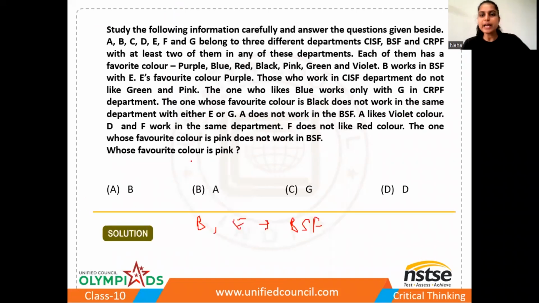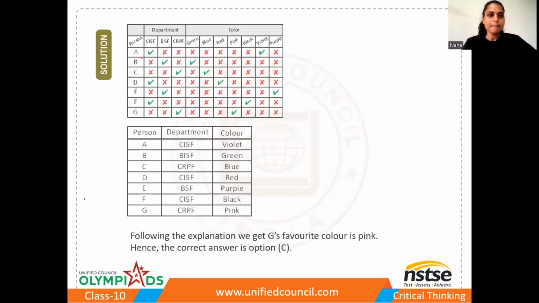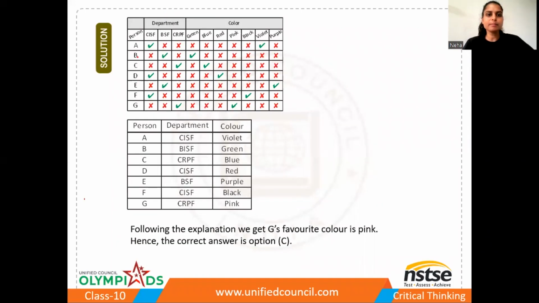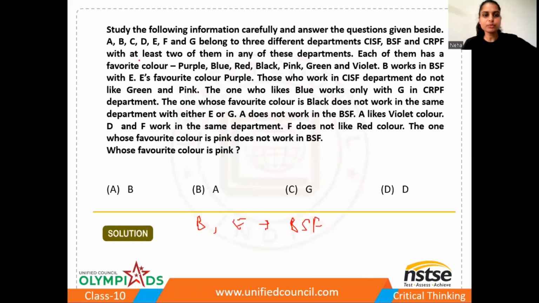So the first line is given that B works in BSF with E. That means B and E both work in BSF. So I am taking the BSF at equal, and for the E, BSF the equal sign, right? And one person works in only one department, so for the rest we have the cross there, correct? Similarly, for the next one,